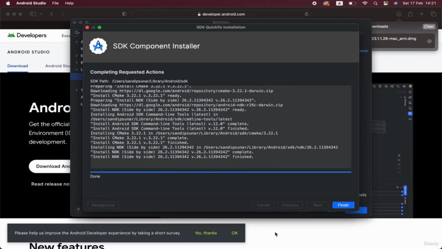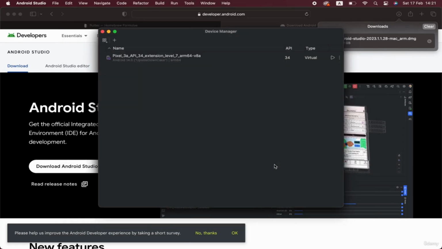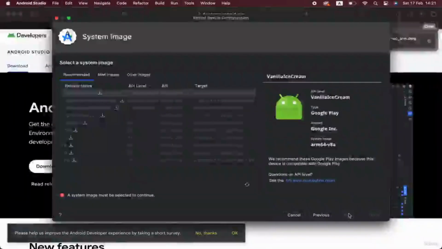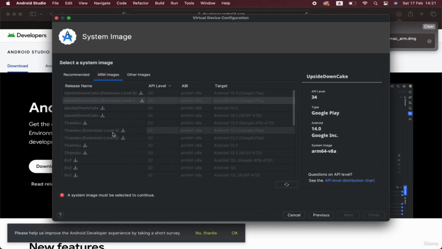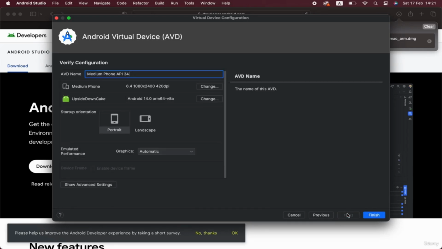So after the installation is done, click at more actions again and then virtual device manager. And now we'll be creating an emulator. You might already have an emulator, but let's create one anyways. Now select the size. I want the phone to be of medium size. Now select the Android version. You'll find the latest version around here somewhere in these tabs. So it's right here. So select this, click at next, and you do not need to change anything over here,